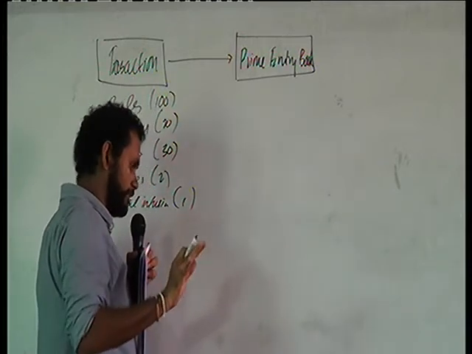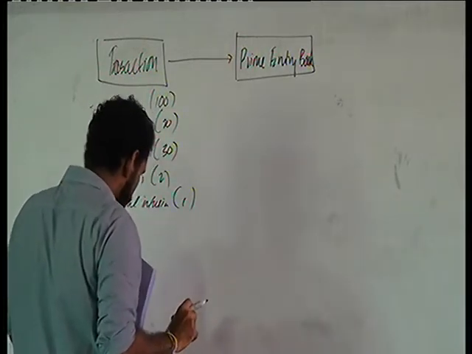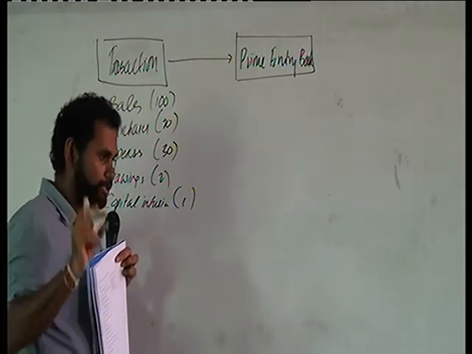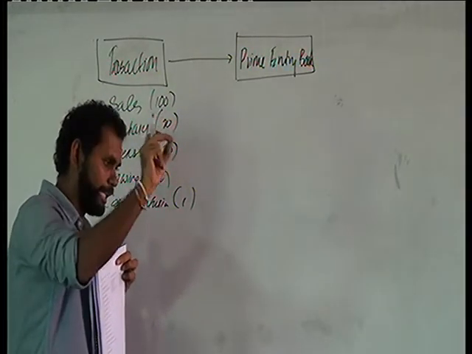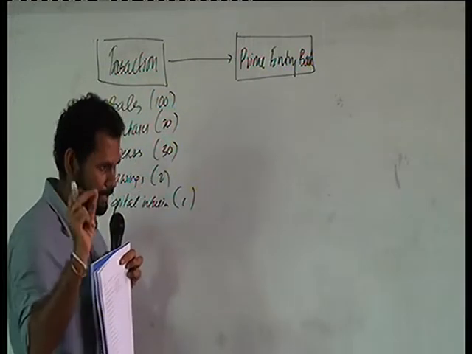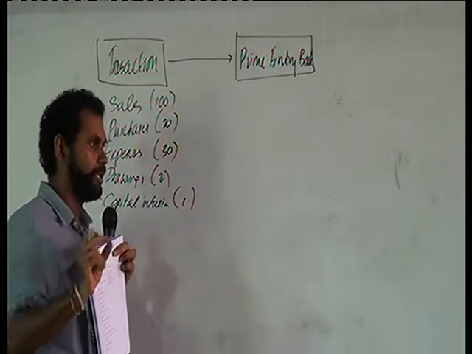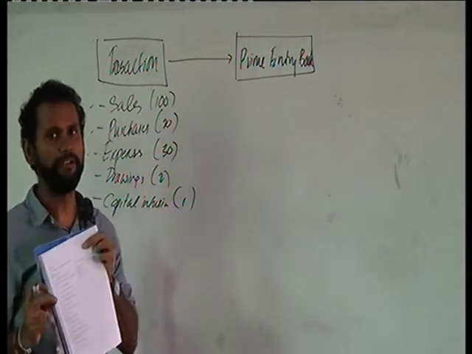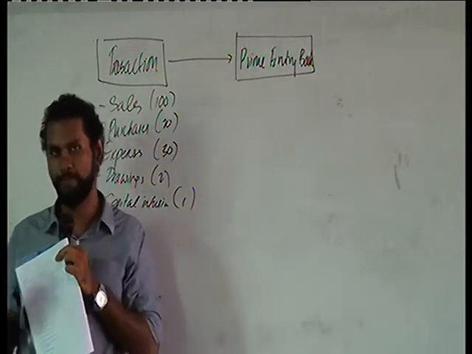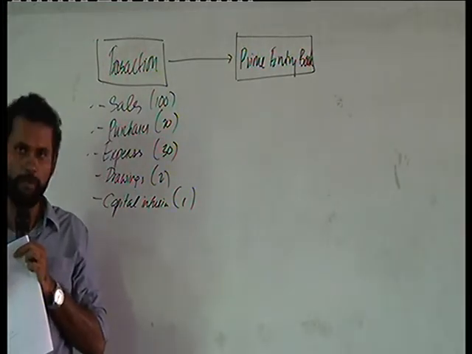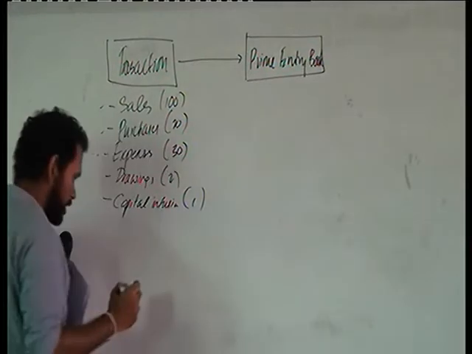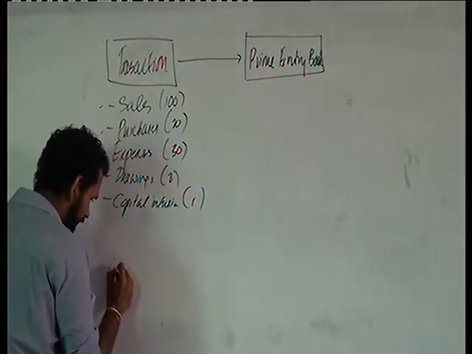Before going to the prime entry book, we discussed the double entry, no? We discussed those double entries. In those double entries, we discussed that a particular account is debited and another particular account is credited. So for every transaction, there are two accounts that will have an impact. If you can remember, for every transaction we have noted, there are two accounts that will have an impact. Those accounts, we call ledger accounts.